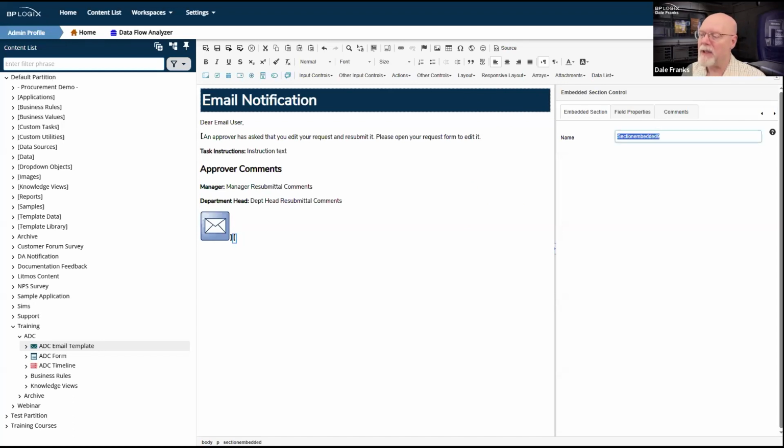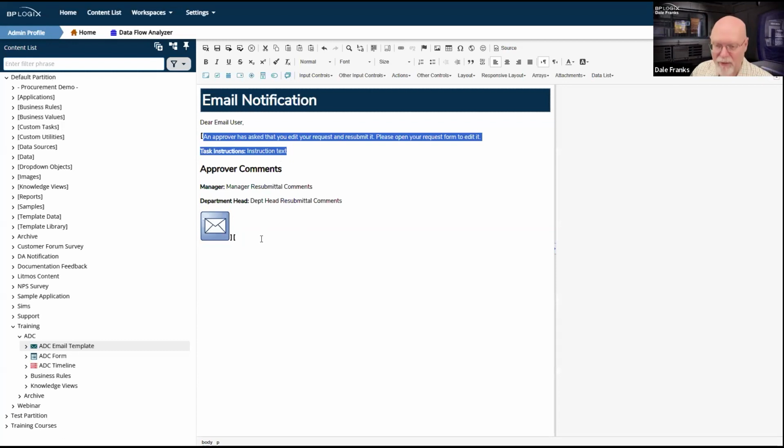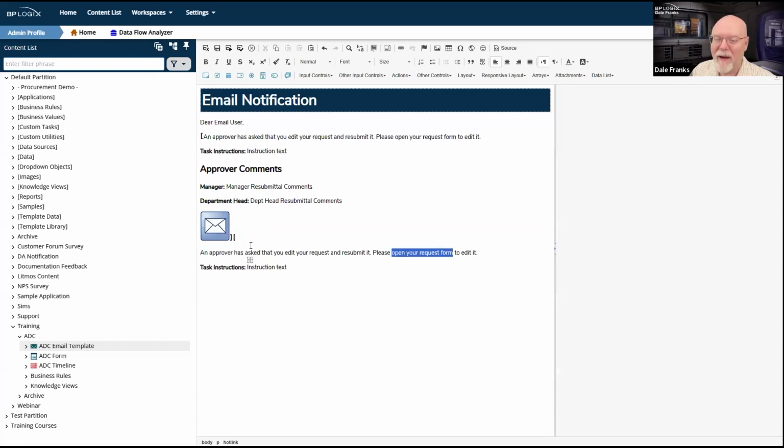And for this section, we're just going to call it section approval. And I'm going to make my life a little bit easier. I am going to copy some text and paste it in here. Obviously, I have to change this text.